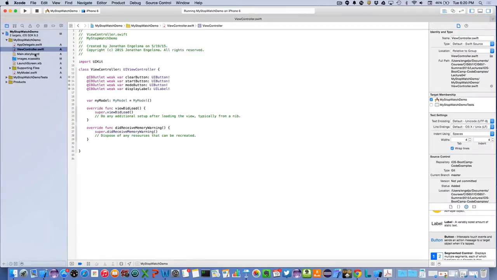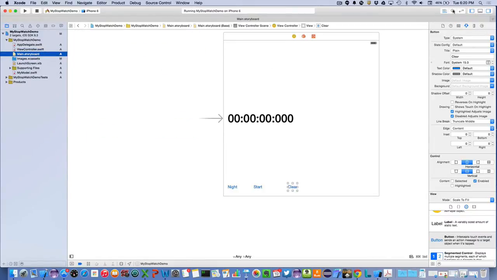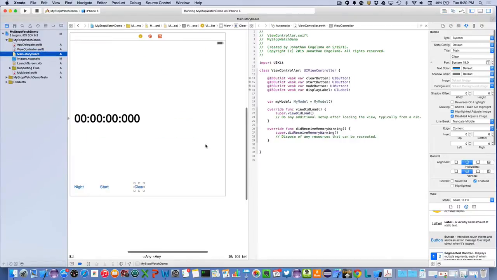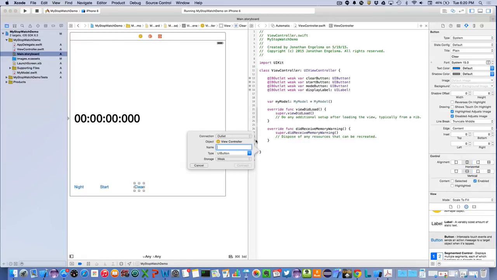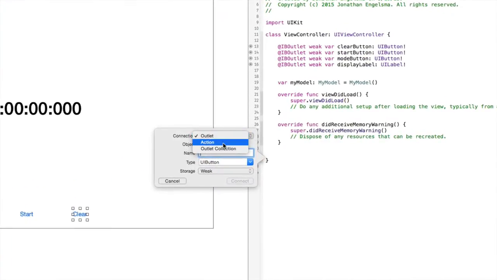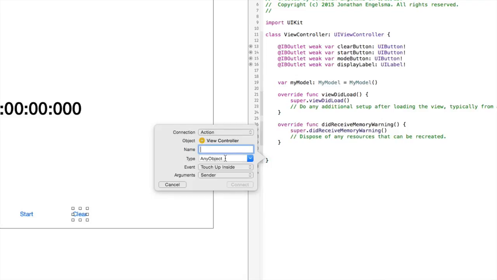So we'll go back into the storyboard and into the assistant editor, and we're going to have several buttons. So we'll add an action to the clear button. So we want an action, and the sender type is a UIButton, and we're going to call this clearTimer,